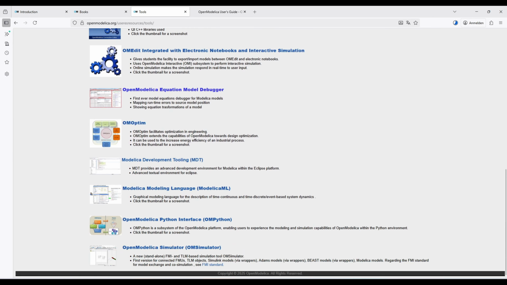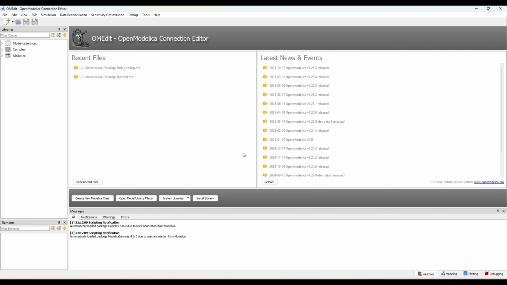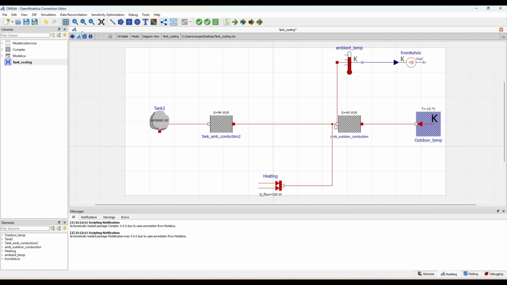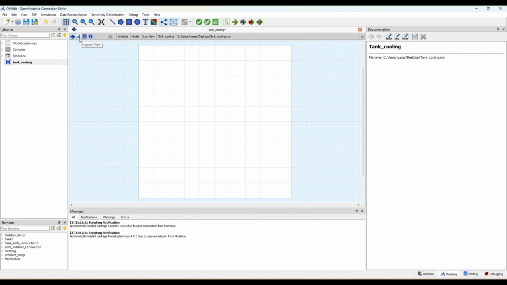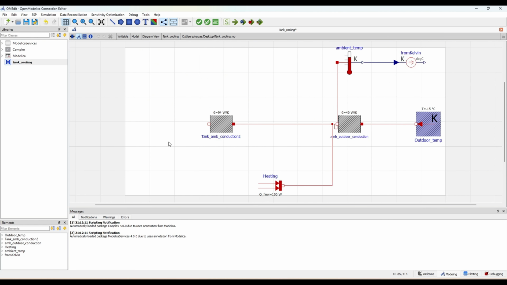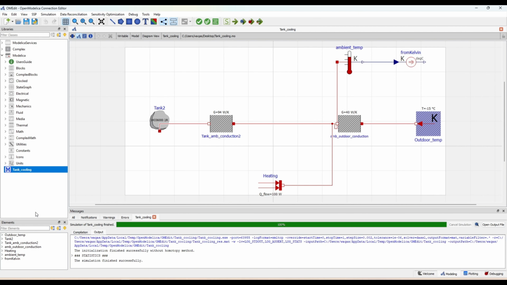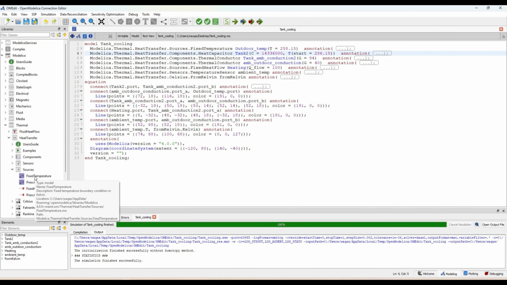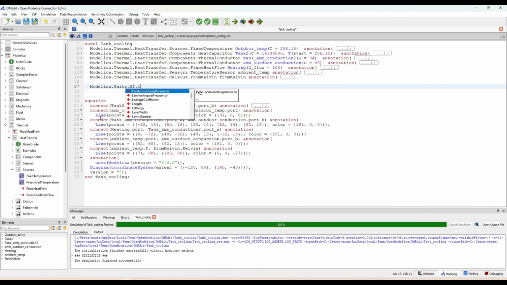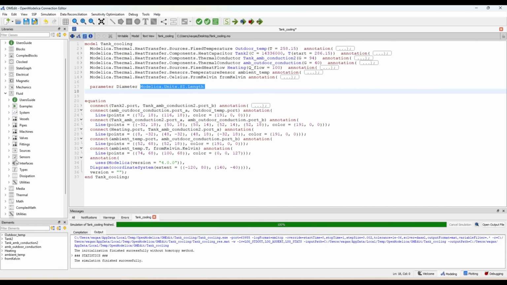When I first started learning OpenModelica, I realized how difficult it was to find structured, practical, and affordable training. That's why this course is created to make learning OpenModelica clear, practical, and accessible for anyone starting out. We will start with the fundamental concepts and basic principles of modeling and simulation and gradually build up on them step by step. By the end, you will have a solid foundation and the confidence to create and analyze your